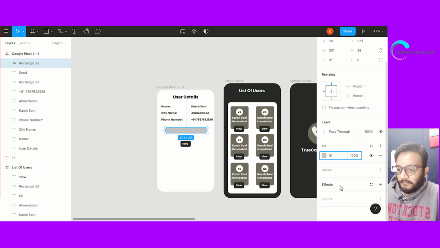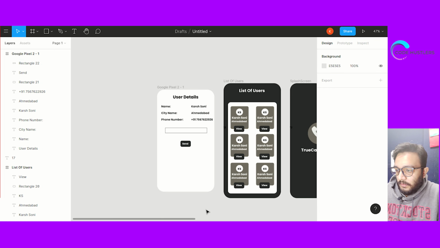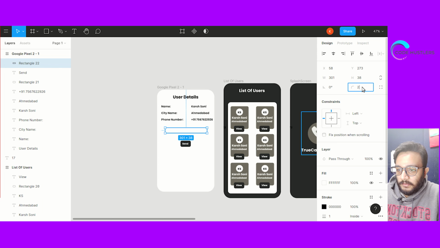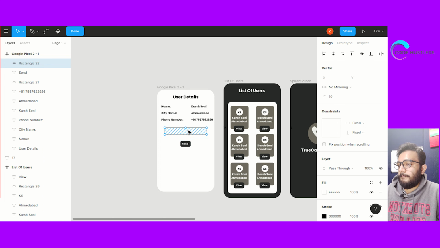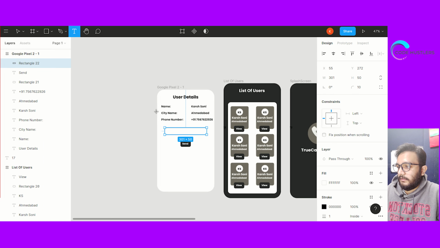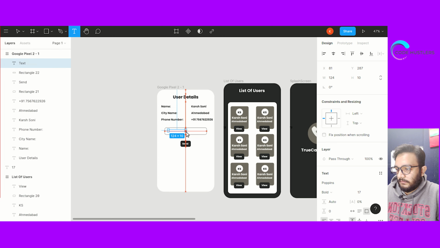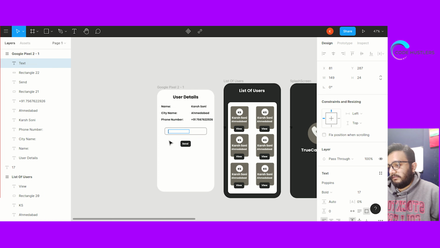We'll give it a background white, we'll give it a stroke as black, a radius of 20, not 20, let's keep it 10, we'll increase its height to 50, put it in center, and in that we'll also have another text field, in which you enter the message you want to send.